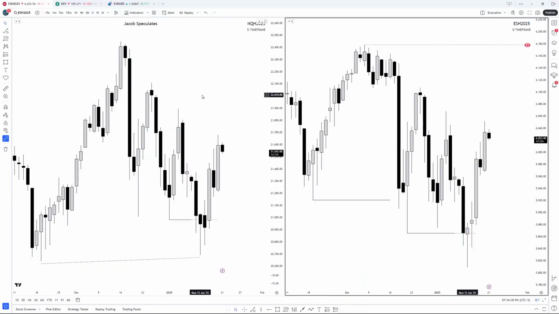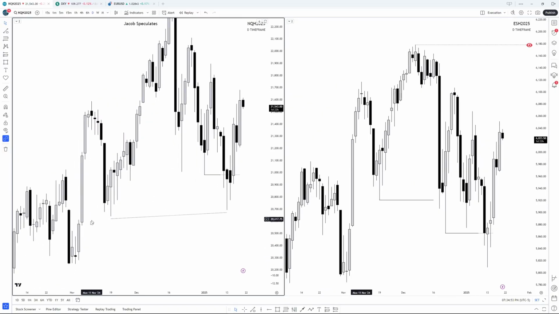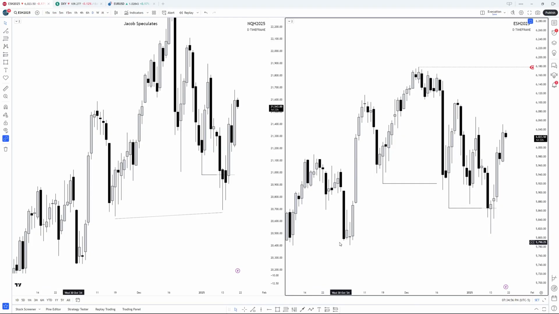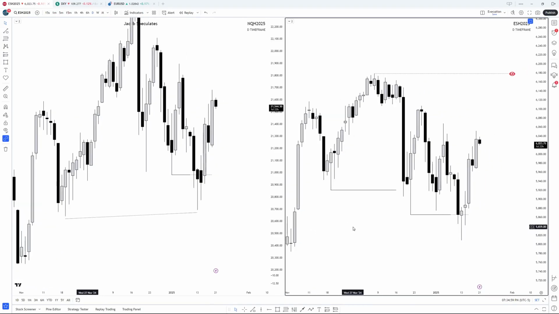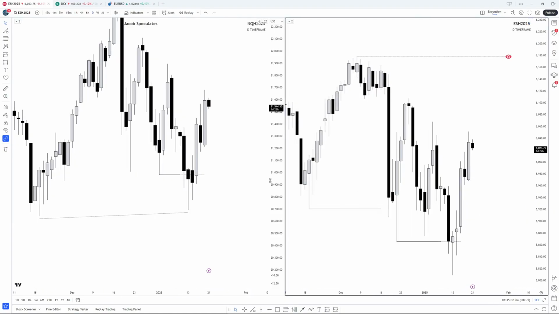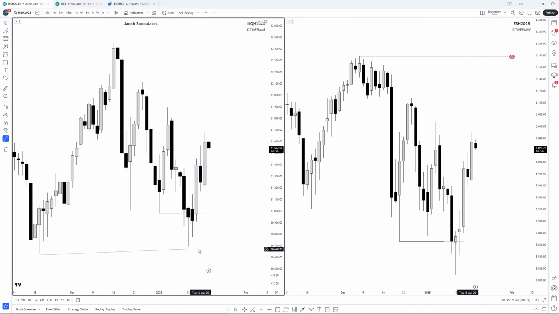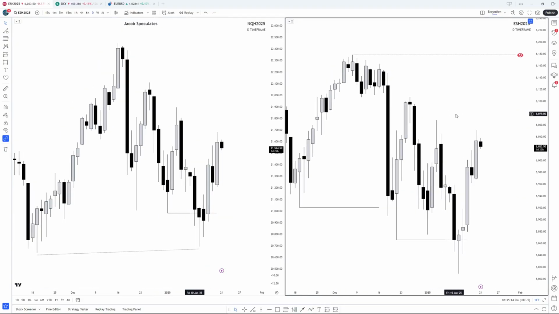So now, looking at the chart, and getting started, we have the NASDAQ on the left and the S&P on the right. We're looking at the daily time frame. Right now, we had outlined this low right here for the NASDAQ. It wasn't this low. It was these lows on the S&P right here. But that idea has been canceled due to the fact that we now have this partial SMT right here. And we also have a doubled TPD. So I would like to see price continue taking out these highs on the S&P and then probably trading above this high on the NASDAQ.